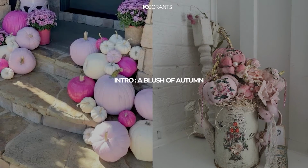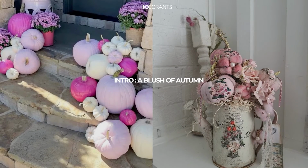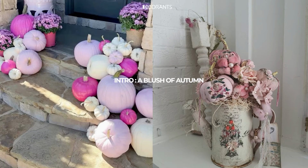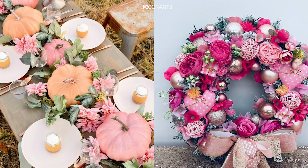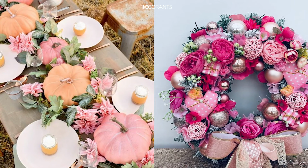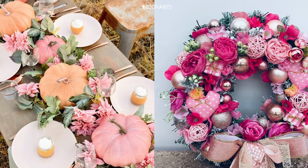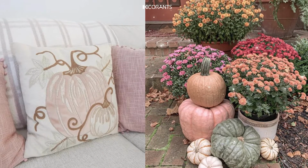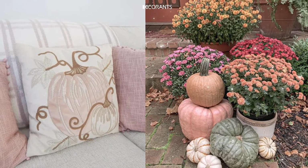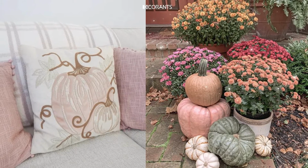Fall doesn't have to be all about burnt oranges and deep browns. For those who adore a softer, more romantic aesthetic, pink fall decor offers a refreshing and charming twist. Think cozy textures, gentle florals, and warm blush tones that still celebrate the changing season, but with a playful, feminine edge. Whether you're aiming to transform your front porch, your bedroom sanctuary, your family gathering space, or the heart of